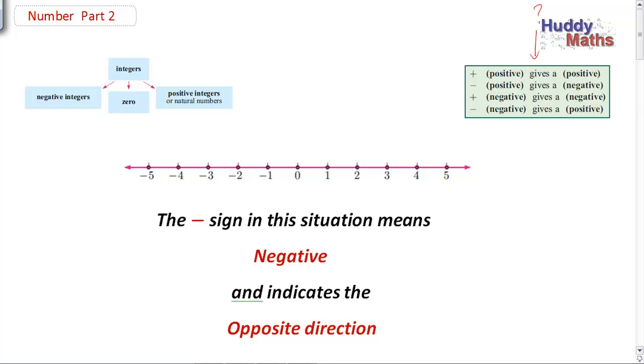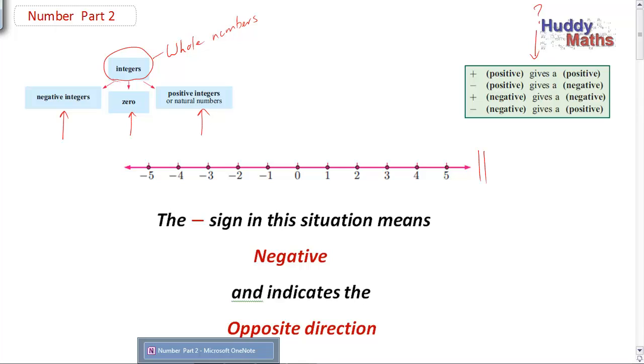Let's have a look at them now, because we're going to look at what's called the set of integers, or whole numbers, and we're going to come up with some negative numbers, 0, and some positive or natural numbers. The positive whole numbers are called the natural numbers. So integers are the set of whole numbers, no decimals there, and we're going to have a look at the ideas behind that. And this is crucial to understanding this number set here, the set of integers, because here is